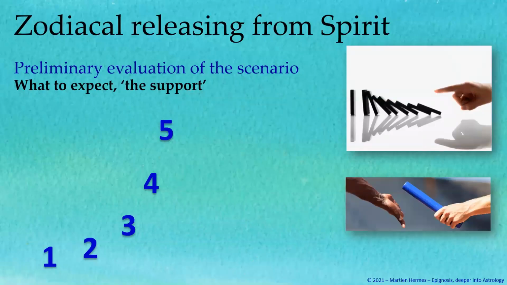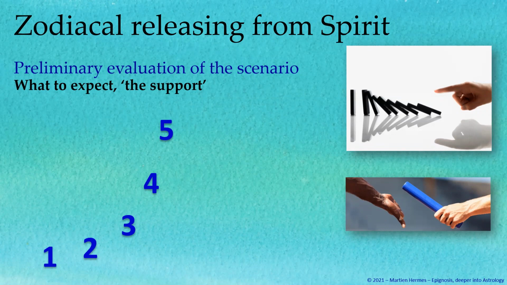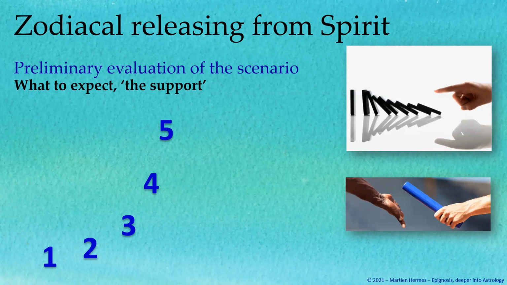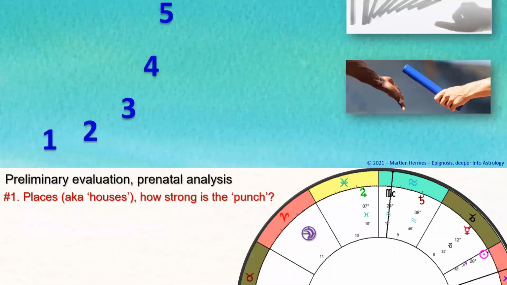Now, I talked about this because this was the first chart where I could really say something about a planet that was in the same image as the lot of the daimon, which is a very important principle. So let's now have a look at the scenario, the several images which will follow one another in the scenario, but also first we have to decide what we can expect, and we have to inspect the support of the chart. It's how it's called by Vettius Valens. And well, let's have a look at that.